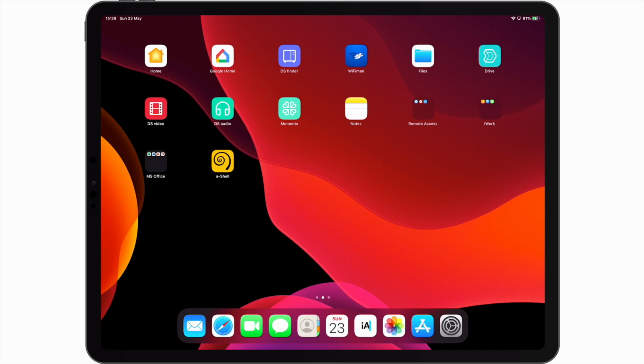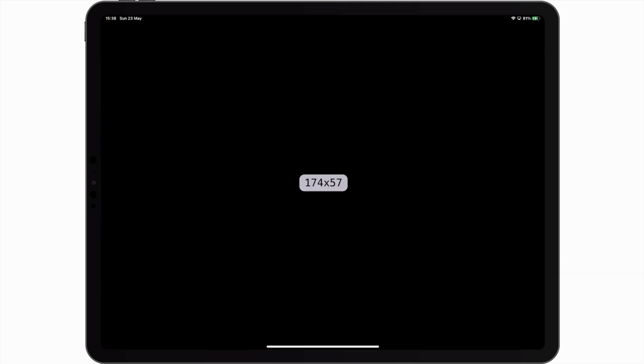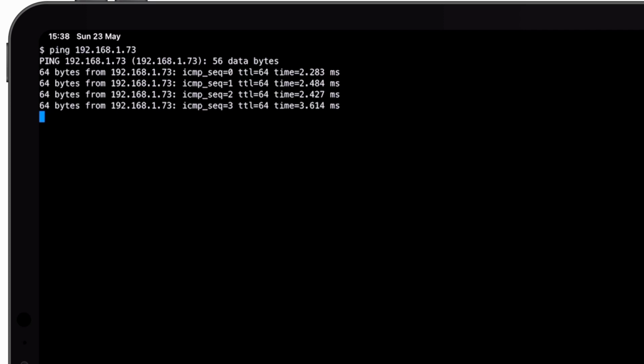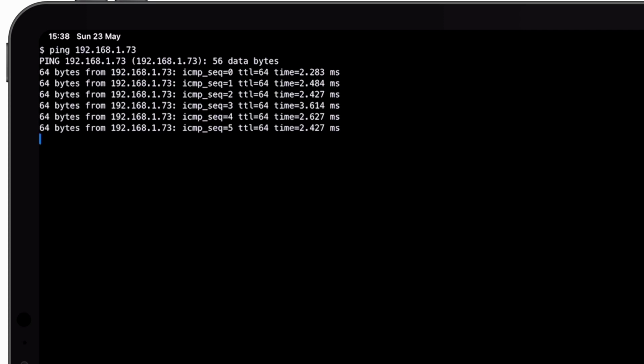To run a ping, we first need to open the A-Shell app. Now from the command prompt, if we type ping, followed by either the IP address or domain name of our Synology NAS, when we press enter on the keyboard, our test will begin. By default, A-Shell will attempt to ping the IP address of our NAS 9 times and display the results for